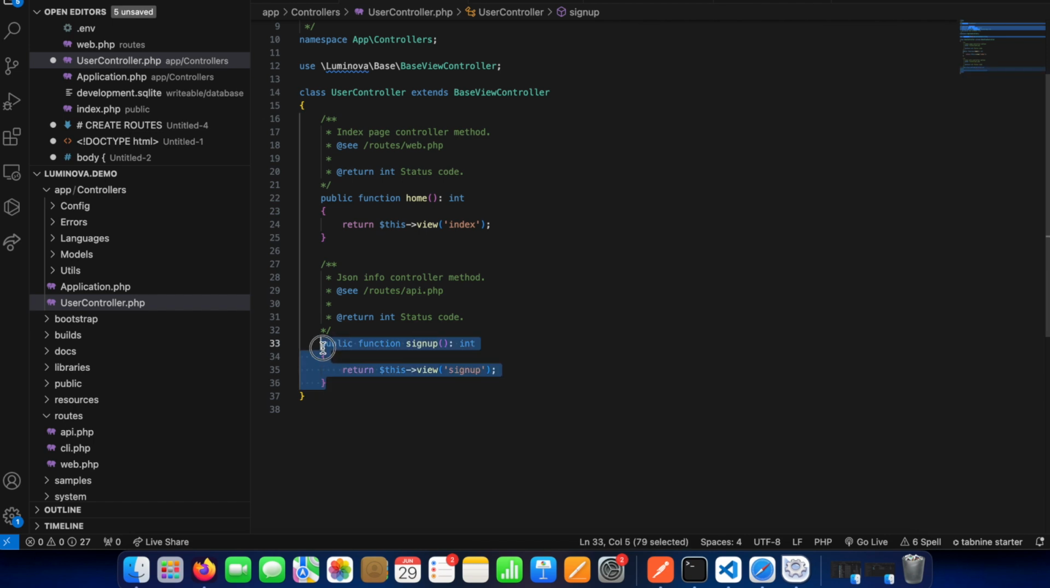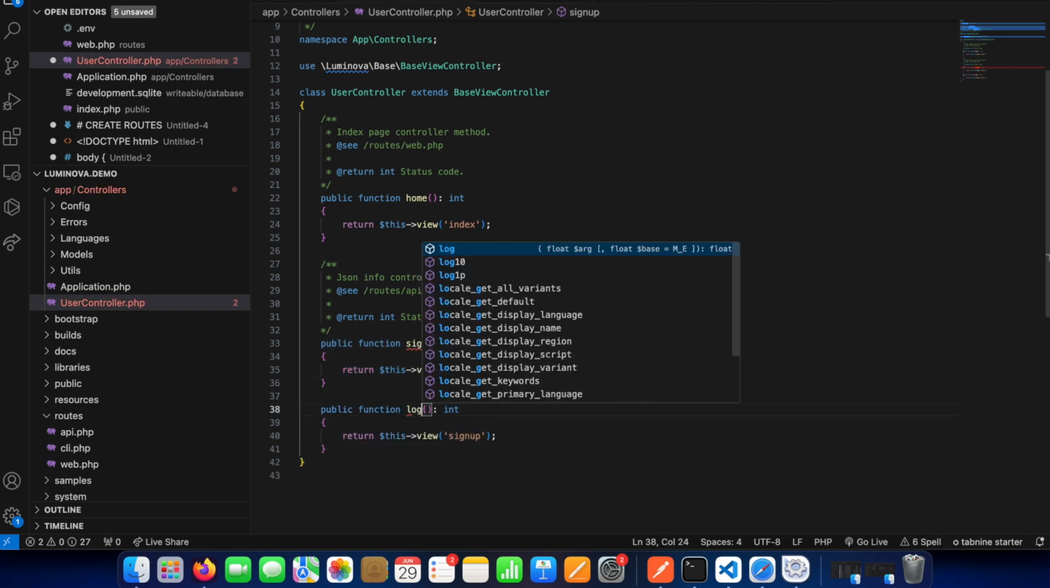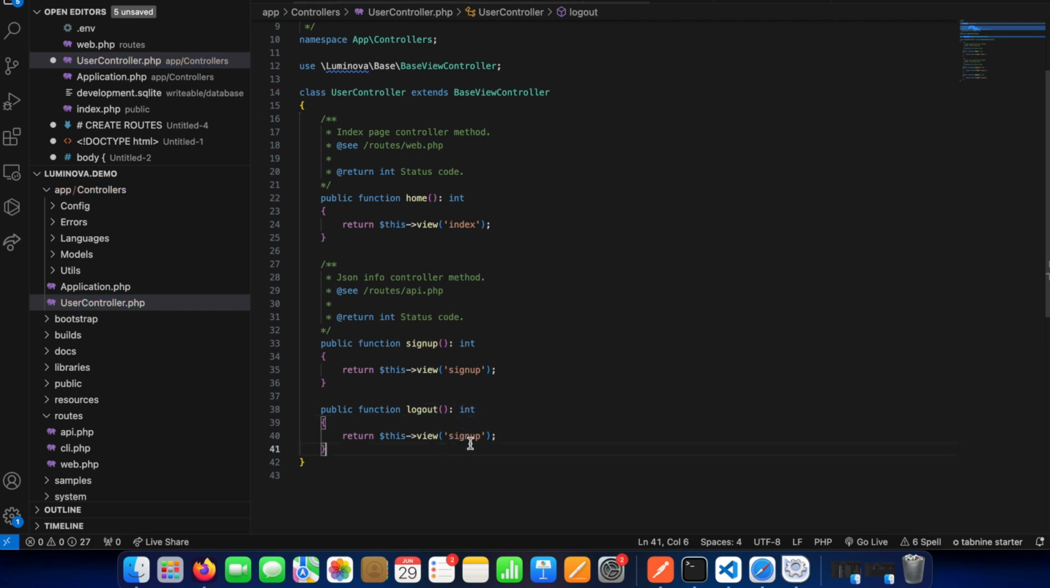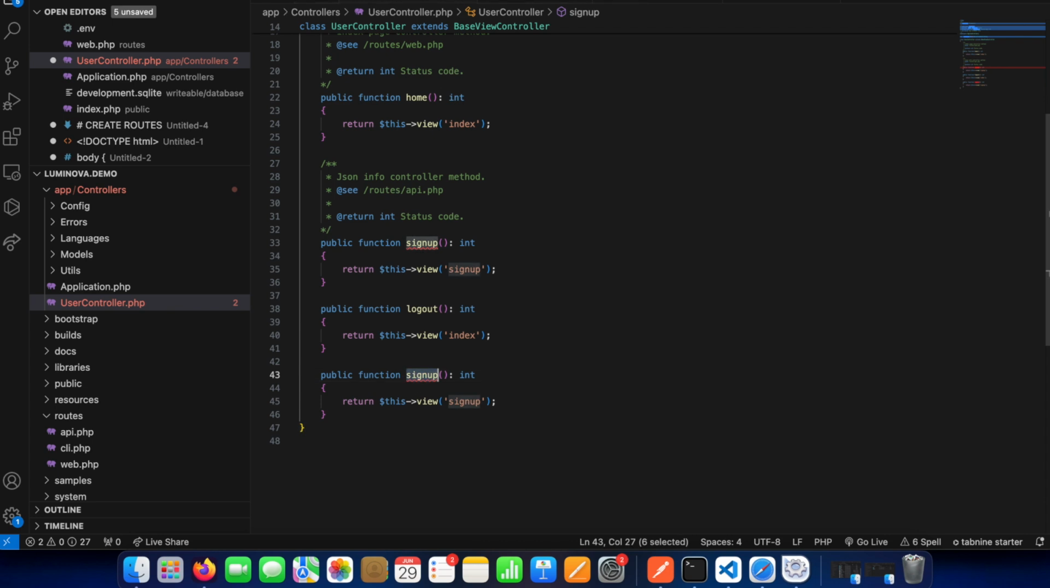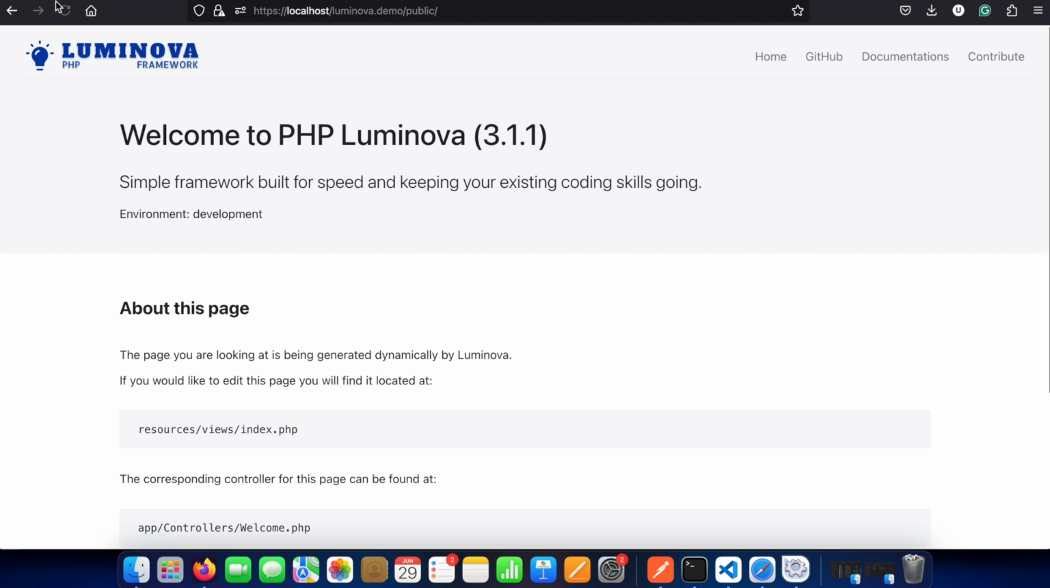So we need to add two more. Logout, and logout should return us to index page. So index, and then we add the last one, which is dashboard, and dashboard should present dashboard. So that's all. If we reload this again, we still have this default Luminova landing page, so we need to